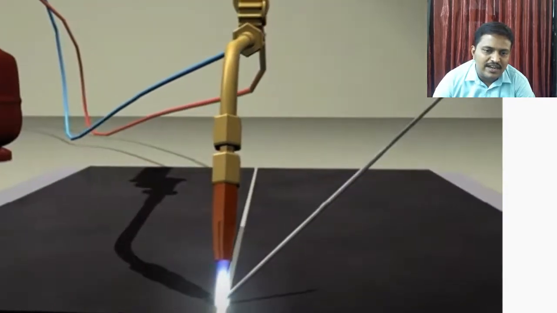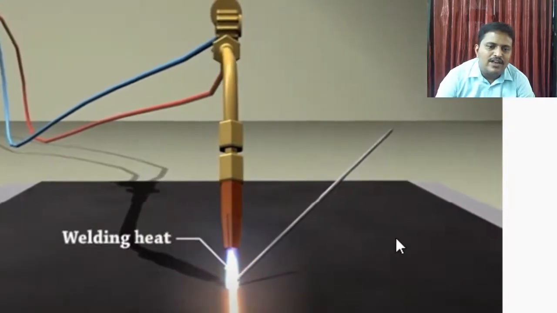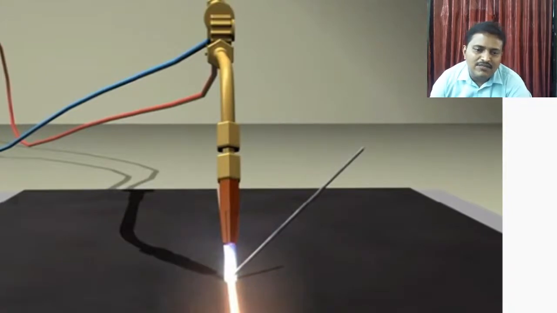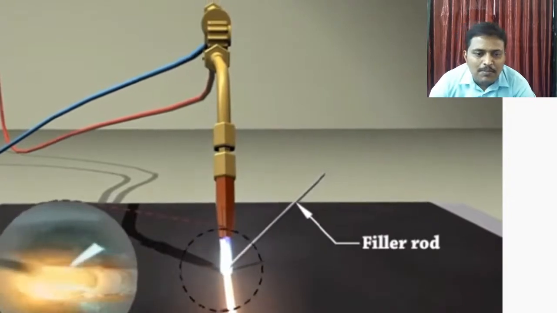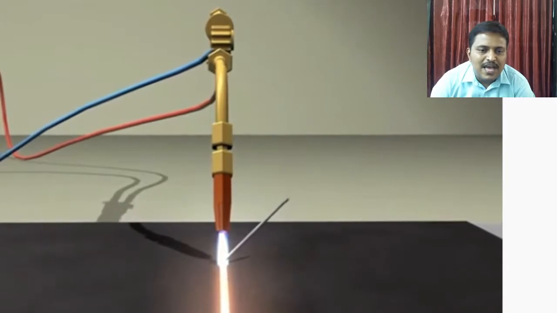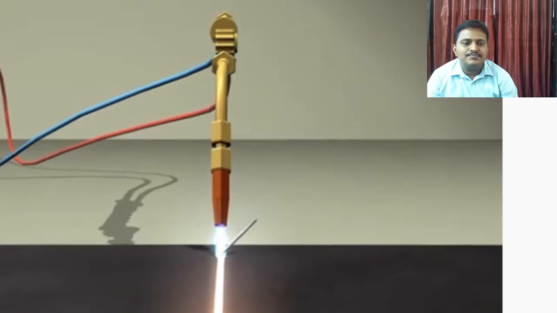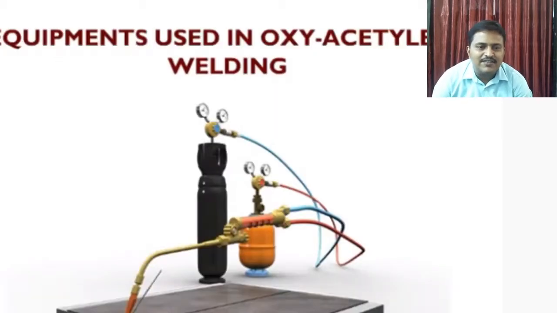This gas will get ignited and the flame will pass to the tip, and the weld is achieved by the heat of the gas produced by the combination of these. In addition to this, we apply a filler metal which is supplied by the filler rod. So the gap between the two specimens is filled by the filler metal. So you can see both the pieces are united to form a single piece. The red area is known as the heat affected zone.